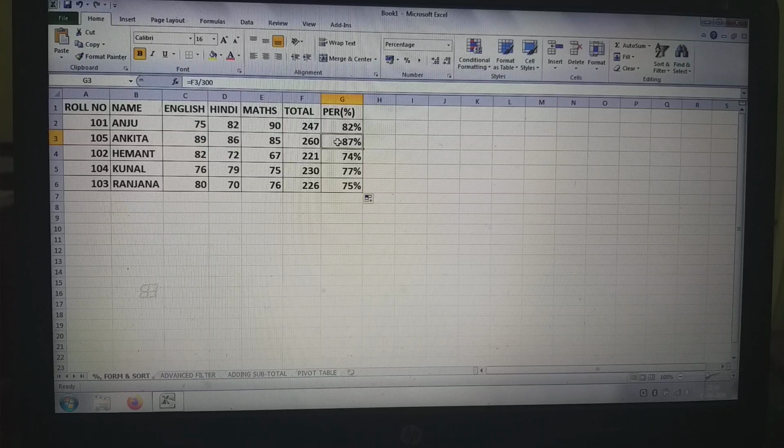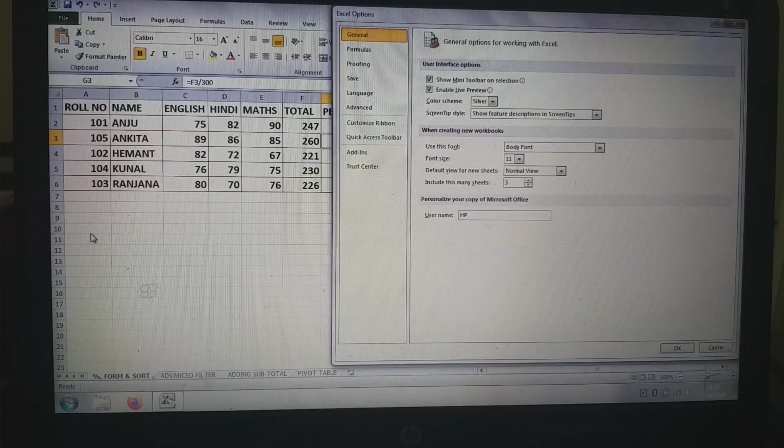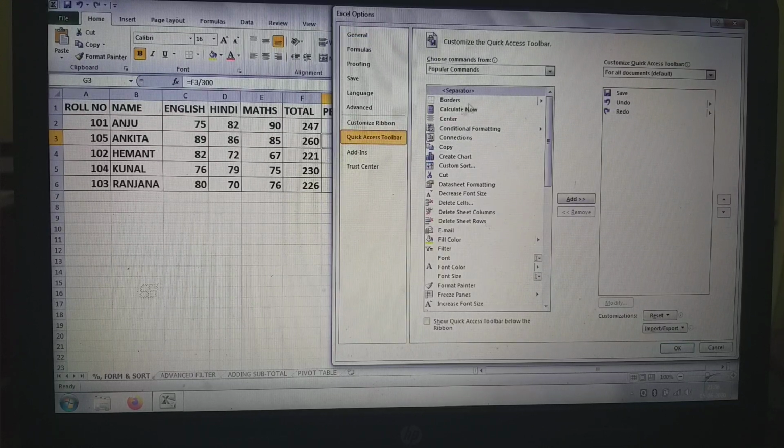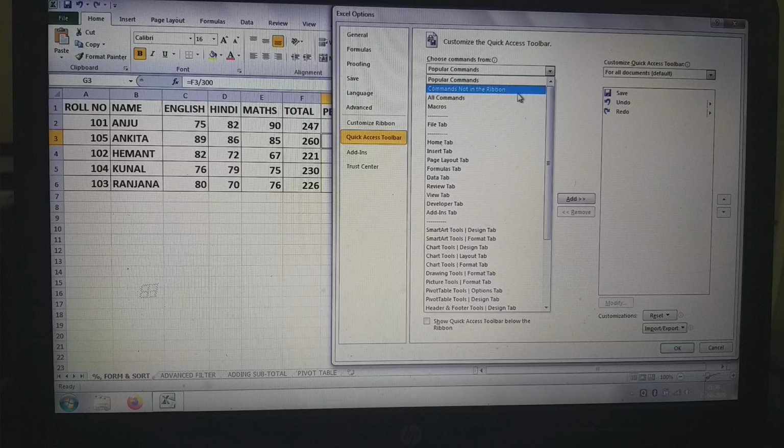Now see how to create a form. To create a form, select File, Options, Quick Access Toolbar. Now see here, popular commands. From here click on and select commands not in the ribbon from choose commands from.